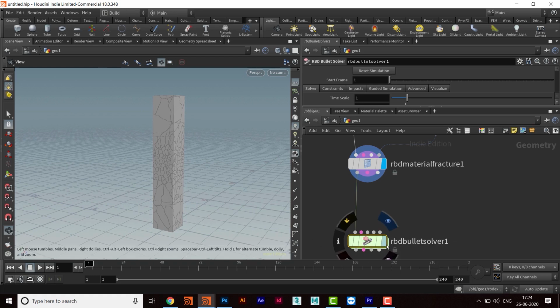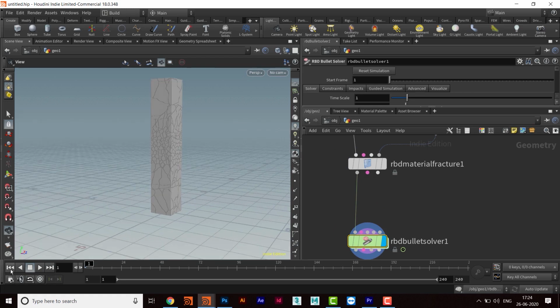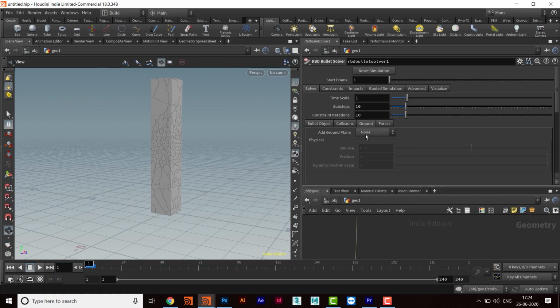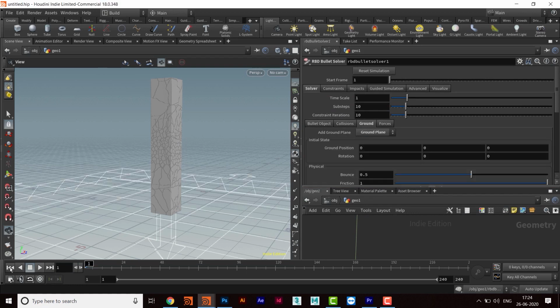So I will click here and see the simulation. Okay, so I will come to bullet solver, activate the ground plane, and play it again.